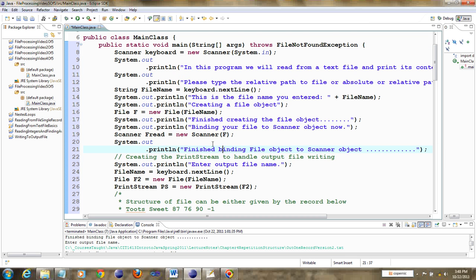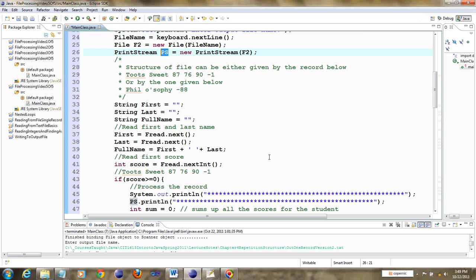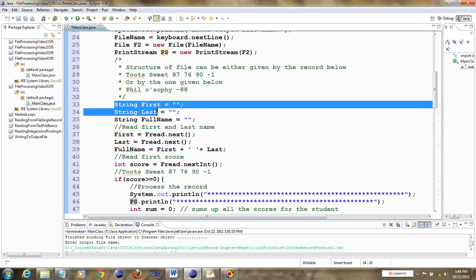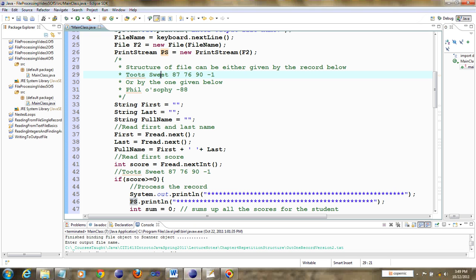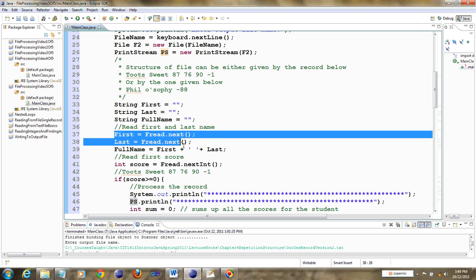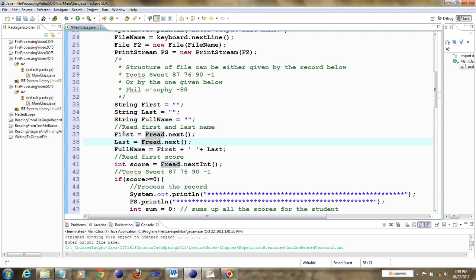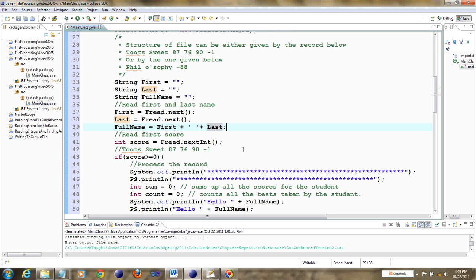The crux of the whole thing is that I get an object called fread, which is bound to the input file and can be used to read the input file, and this print stream object ps, which is bound to an output file and can be used to write to an output file. Then I declare a bunch of variables, first and last name, to read the first and last name of the student and concatenate that into a full name. The first name is read on this line, the last name is read on this line, and we combine them together into a full name. I read the first score,